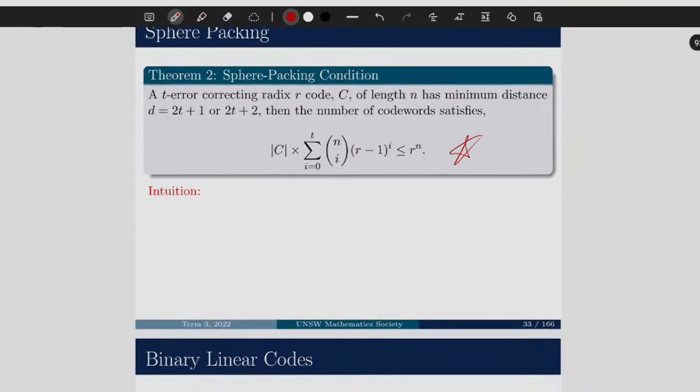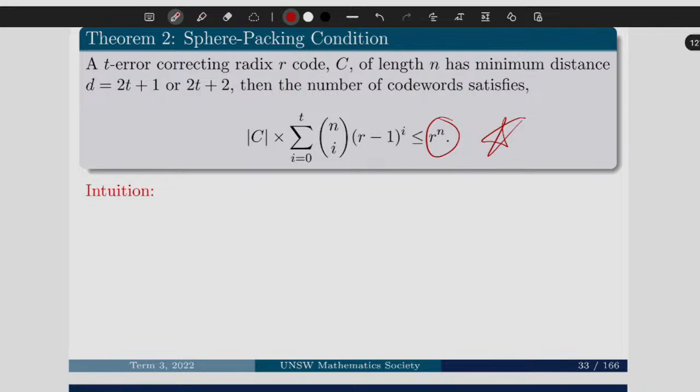But r to the power of n, where r is the radix, r to the power of n is just going to be any possible code word. Whether or not it's valid doesn't matter. But r to the power of n signifies the amount of possible code words we can have, right? And here, that's just going to be our cardinality, so the number of valid code words that there are. But now we just have to address, what on earth is this, right?